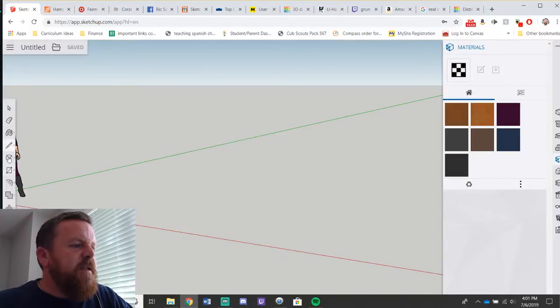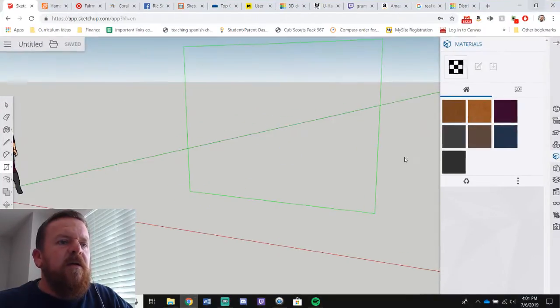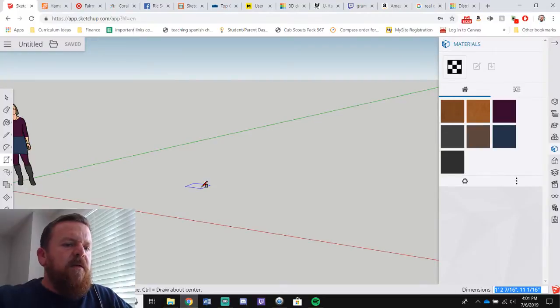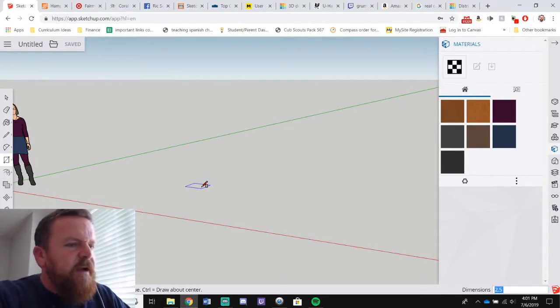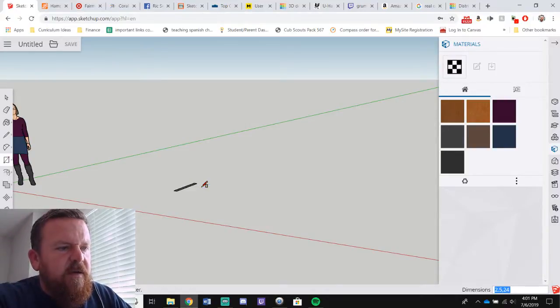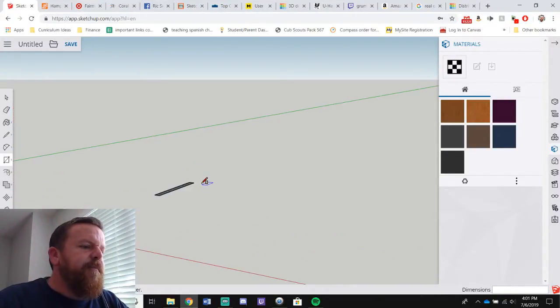So in this I need to make a rectangle. I need it to be, what did I say? 2.5 by 24? Yeah. Okay.